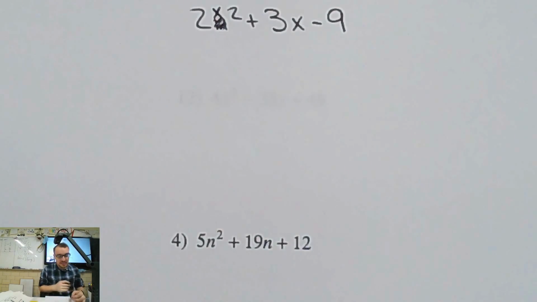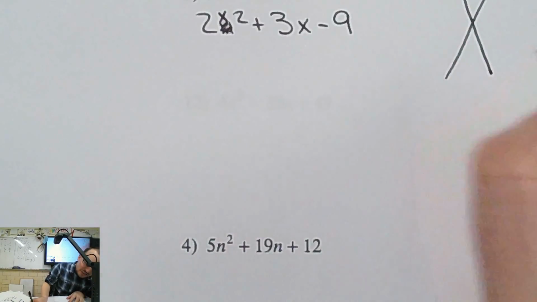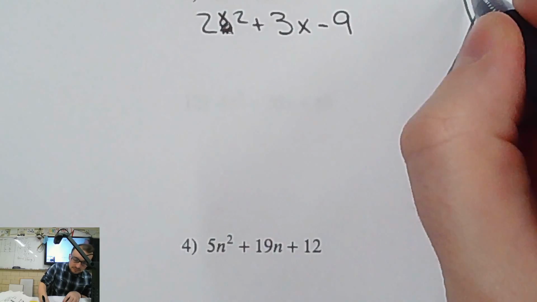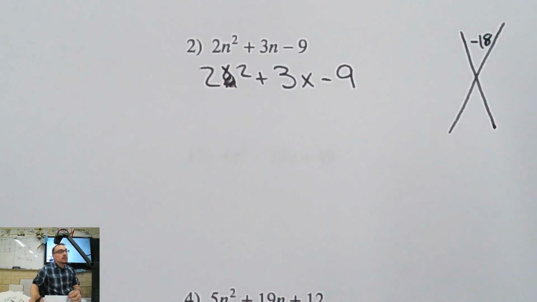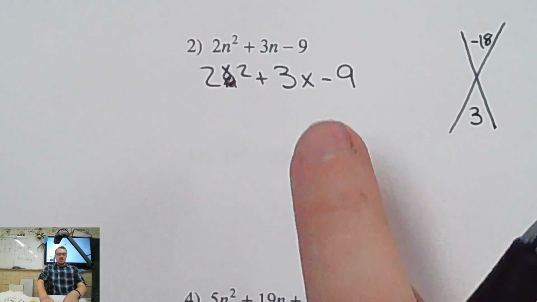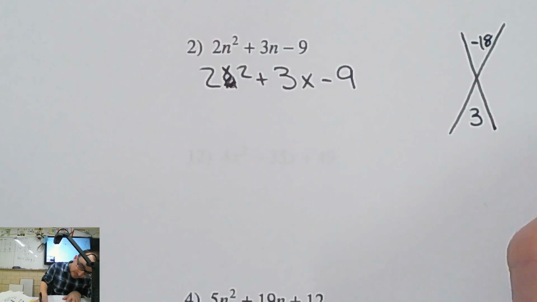That's an X, not an N. All right. Magic X method. In the top goes AC. What's A times C? Negative 18. And what goes in the bottom? 3. In other words, factors of this guy add up to this, right? So what are our factors of negative 18? Well, 1 and 18. 2 and